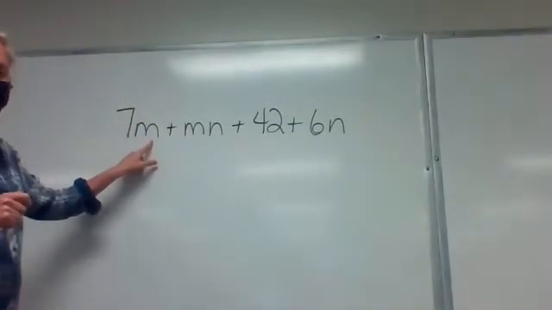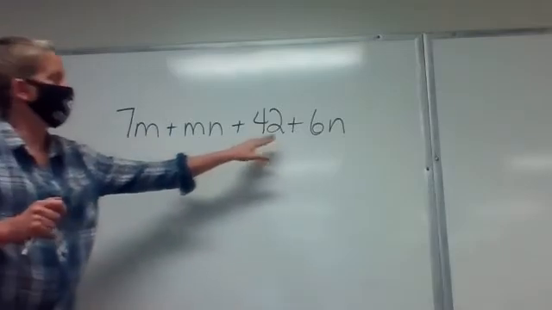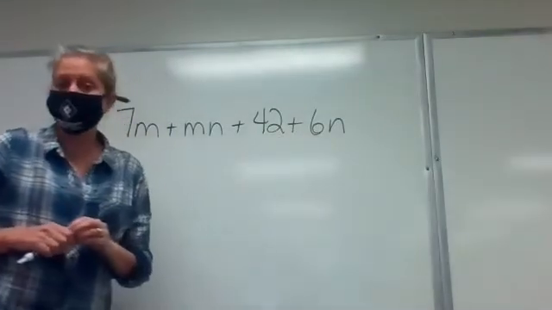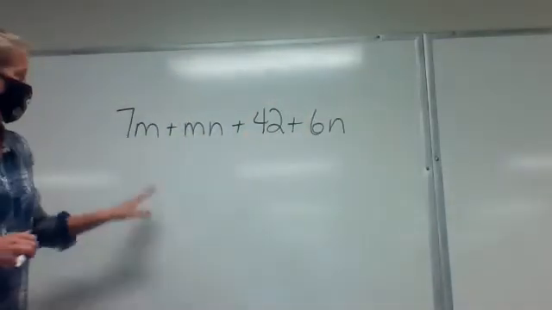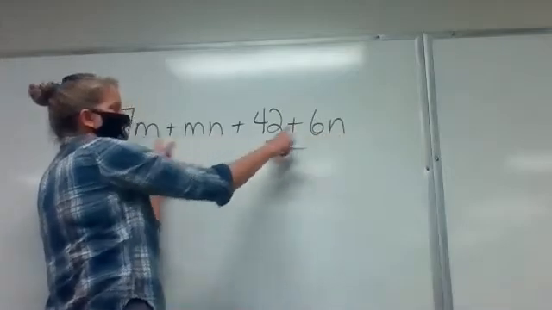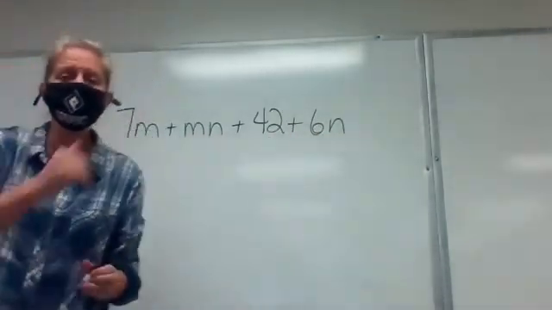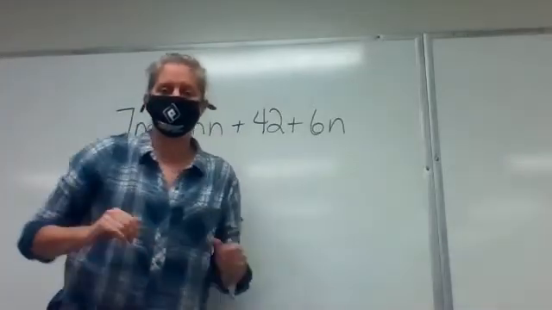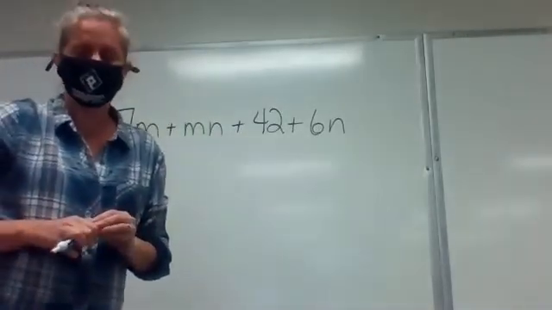Do they all have M? This one does, this one does, but these don't. So you can't pull out an M because they don't all have it. Let's see, they all have N. No, this one does and this one does, but these 2 terms don't, so they don't all have an N. So there's nothing in common with all 4 terms. That is your clue that it is grouping. Factoring by grouping will occur